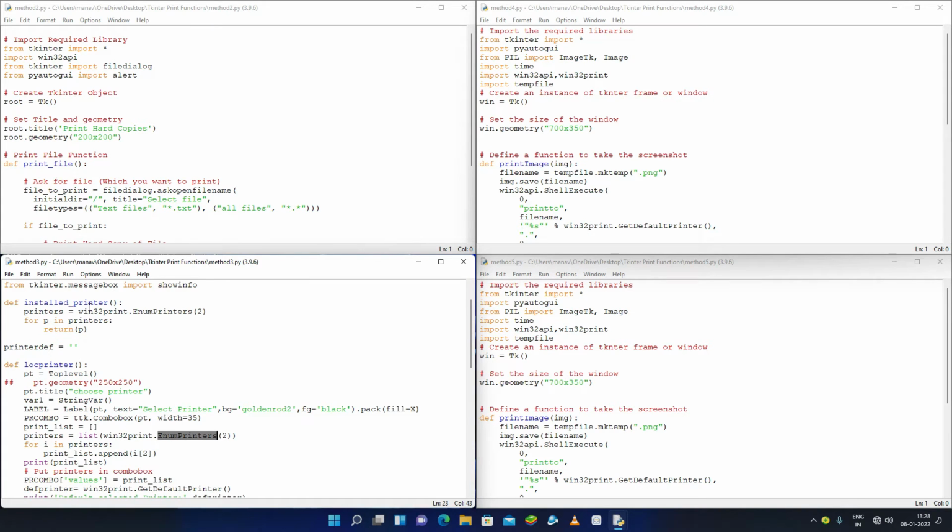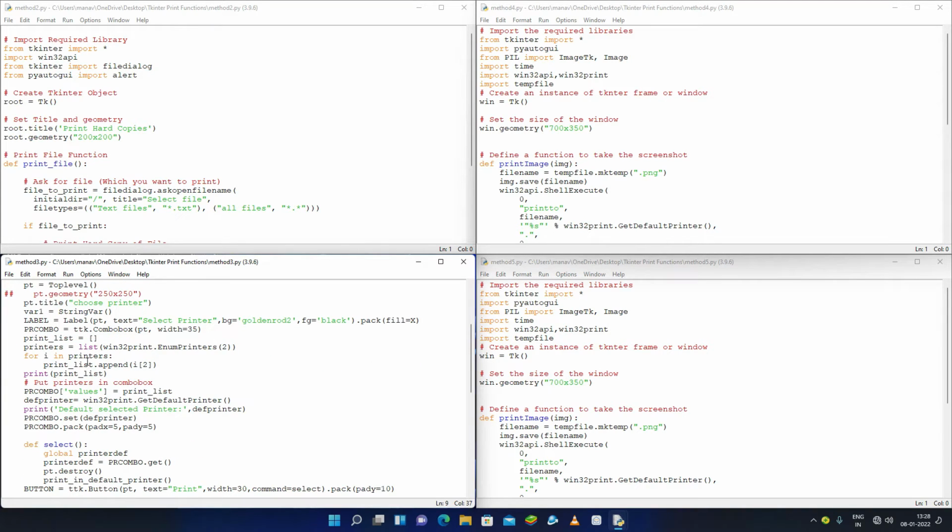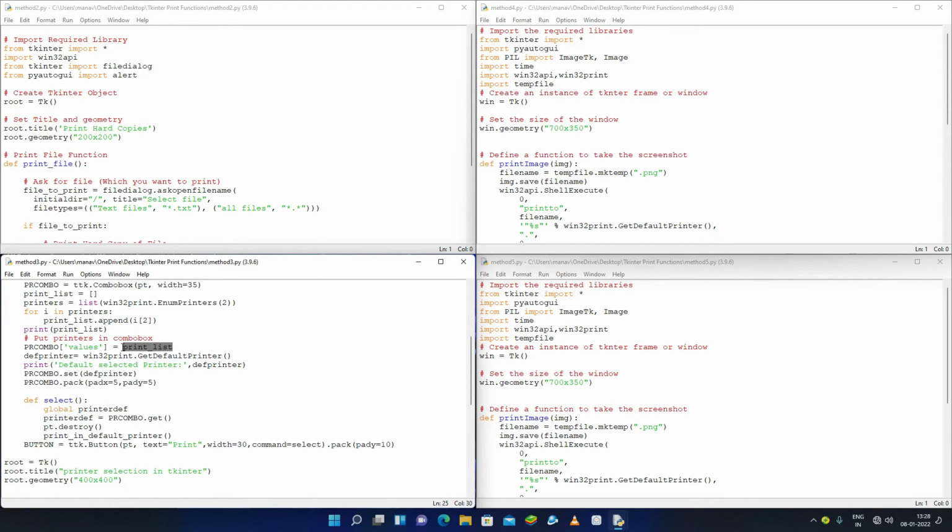As you can see, this is used here also. And now I am getting only the printer's name using i[2]. With this iteration, I am getting only the printer names but not all the IDs, all the numbers of those. And then passing all the printer names to the values of our printer combo box.